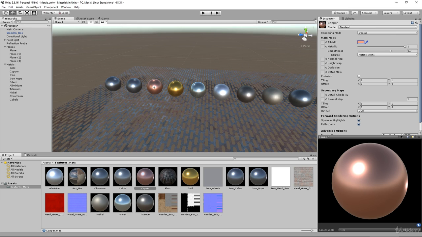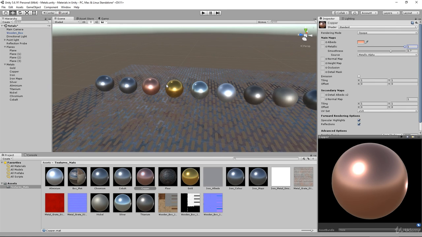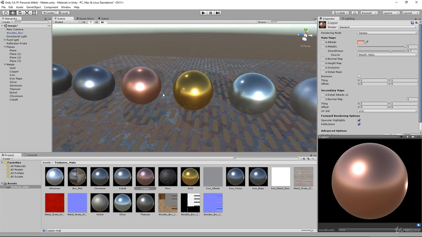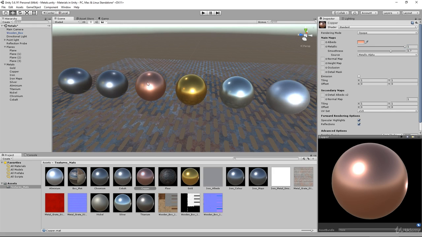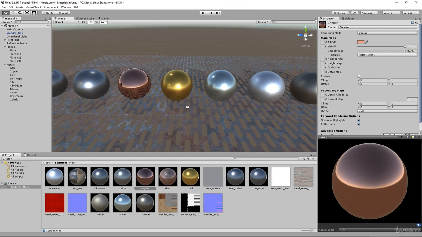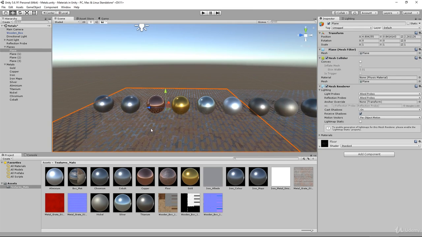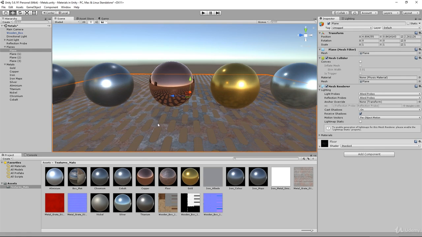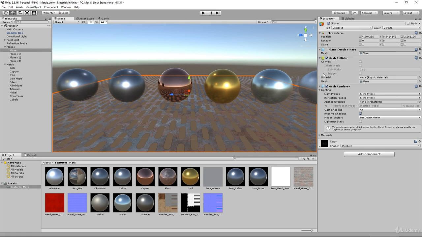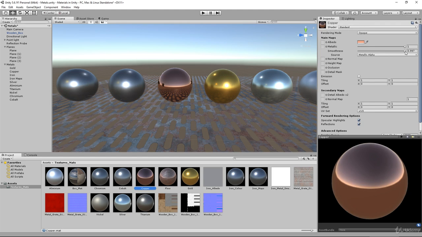Now I've put in the real world values for copper into the RGB values, and Unity will render it correctly because I've told it that copper is a metal, so that's on full 1, and I've given it a smoothness value. I'm not 100% sure what the smoothness values of the metals are, but you can define what they are yourself. Like if it's all the way up, like we said, it's ultra shiny, and you can see it's reflecting the surface quite nicely in there. But copper's not like that. It really isn't. So we bring that down to a 0.8 or 0.7